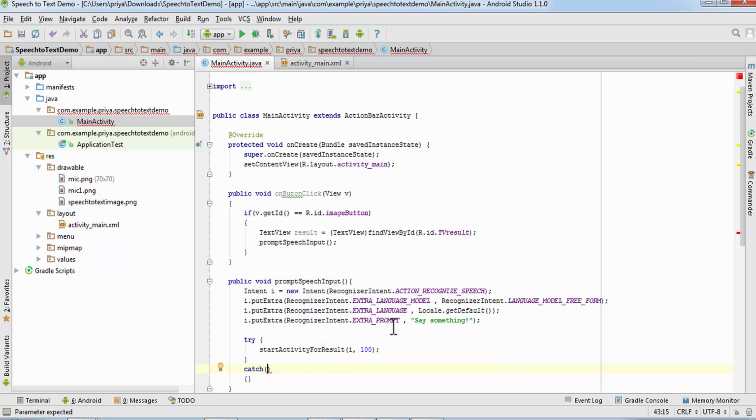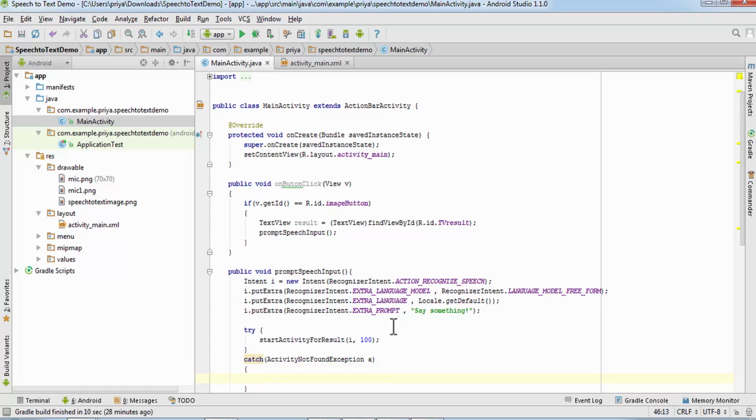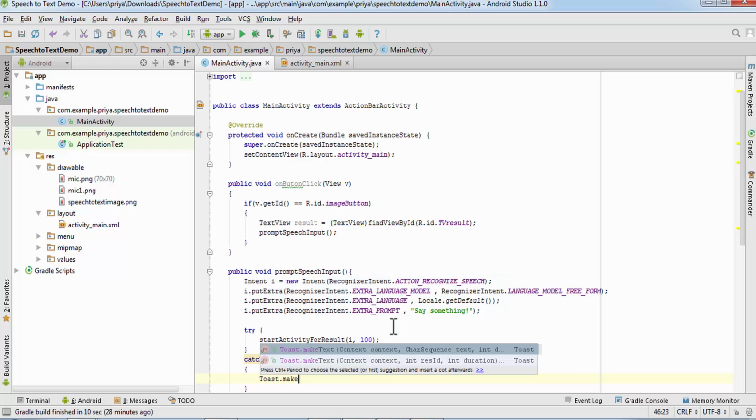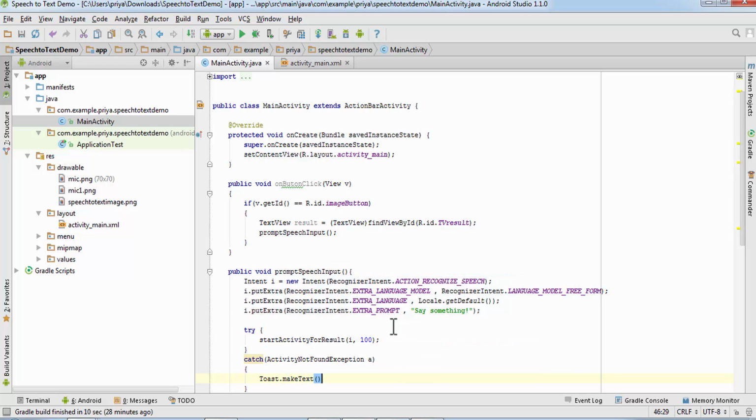Inside these parentheses write ActivityNotFoundException a, and here you can show some pop-up message. So you can write Toast.makeText, and it takes three parameters. To use that we are going to import this, so just hit Alt Enter to import the class, and it takes three parameters.